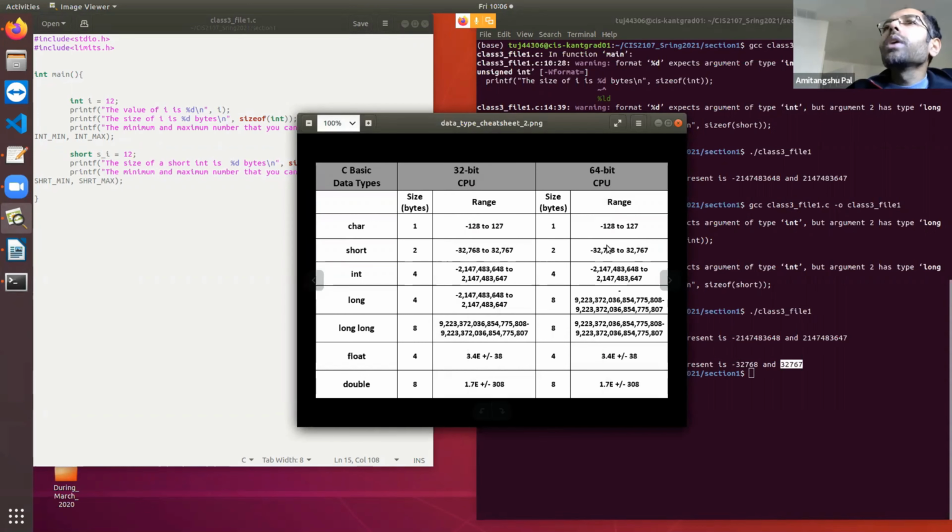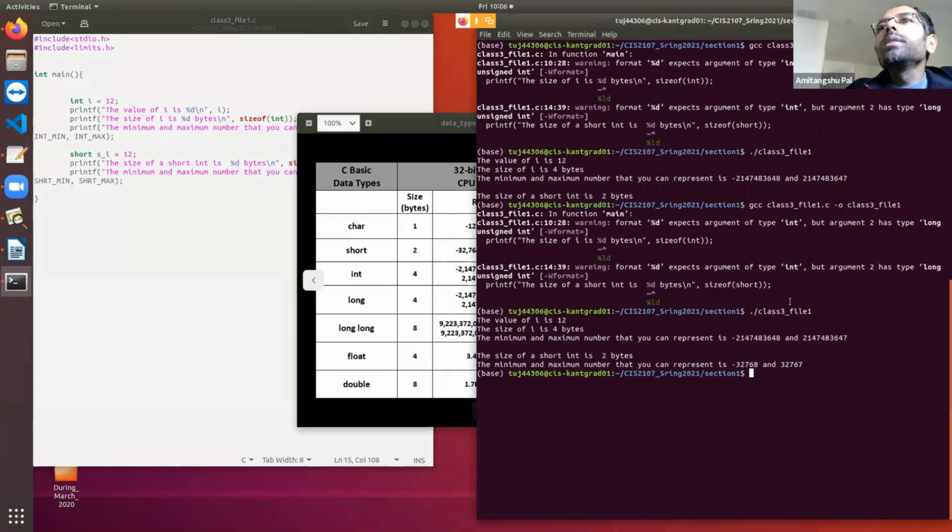Okay. So how this number, minus 32768 to plus 32767, is coming is very simple after you have learned that previous logic. You can see that it is taking 2 bytes. 2 bytes means 16 bits. Now among the 16 bits, 1 bit is for the sign bit. So the remaining 15 bits represent the value.